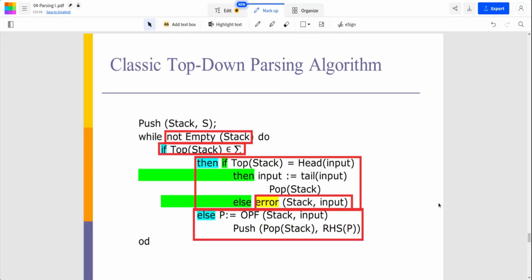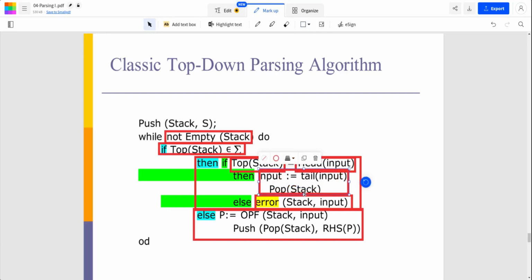So first we see what happens if the symbol at the top of the stack is a terminal. If the symbol at the top of the stack is a terminal, it checks whether it matches the current input symbol. So this is the symbol at the top of the stack, and it matches the head of the input string. That means the first symbol of the input string. It checks whether it matches the current input symbol. If there is a match, so if the symbol at the top of the stack is a terminal, it matches it with the head of the input, and if they are the same, then